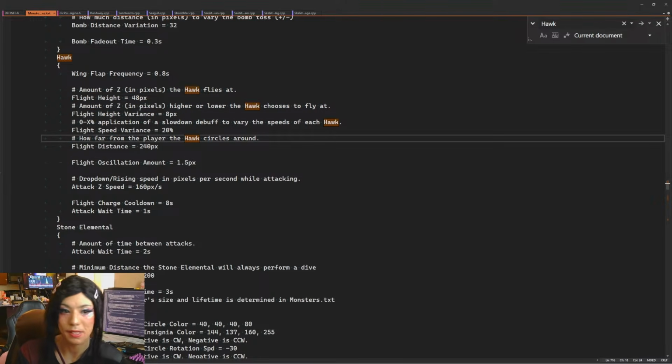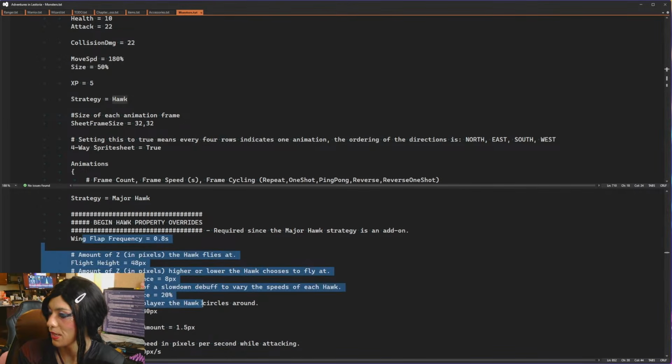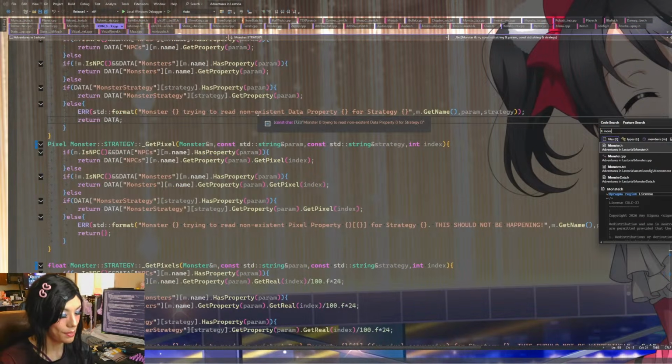So the way we did it is it will behave like a normal hawk until a certain threshold, and then it will begin using these variables instead. We kind of hacked it together based on how the system used to work. So I'm running into this issue where this behavior only existed because of a quirk in our old system.